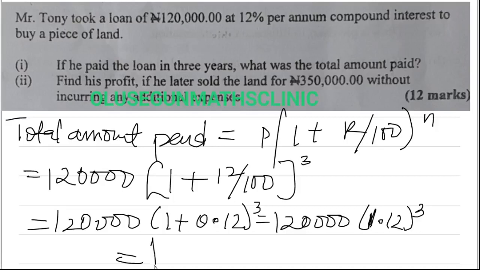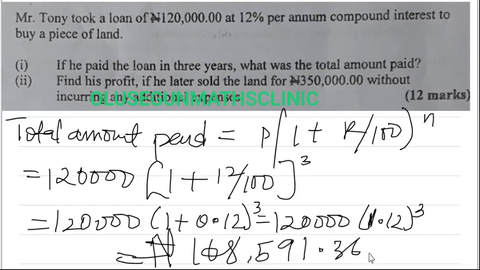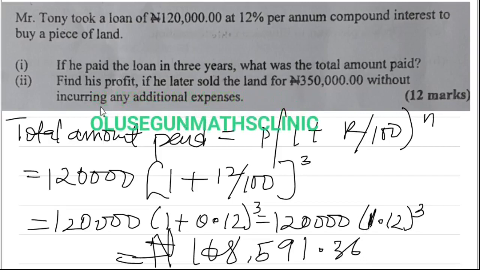So we have our answer now, which is 168,591.36 kobo. So this is the total amount paid. The question continues to say: find his profit if he later sold the land for 350,000. So for getting the profit, let's have